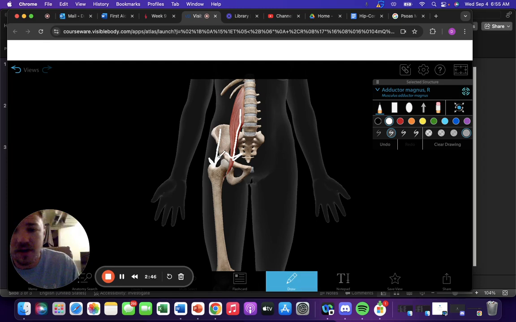Psoas major, hip flexion. Most people in our day-to-day lives are sitting in chairs most of the time, whether that's in their car, or at home at a desk or on the couch. So people are usually going to have tight hip flexors, and that